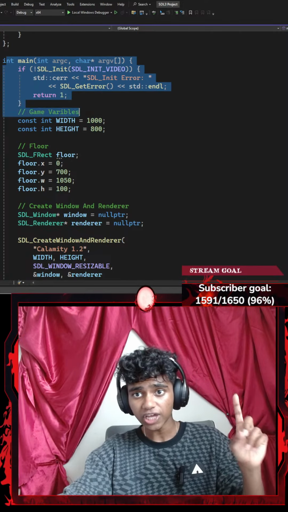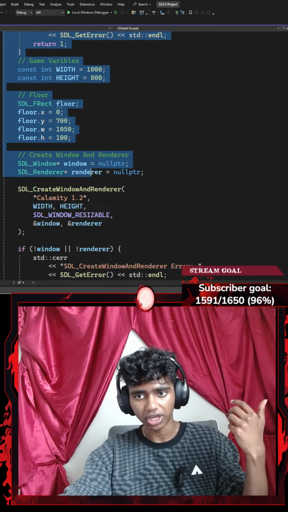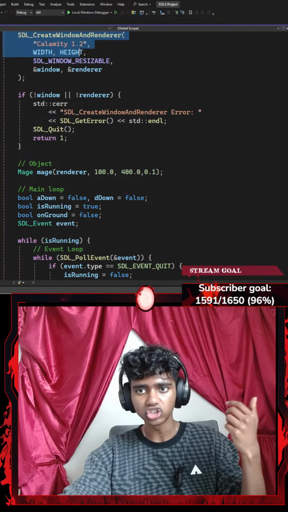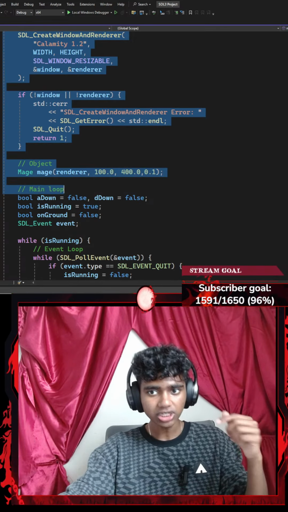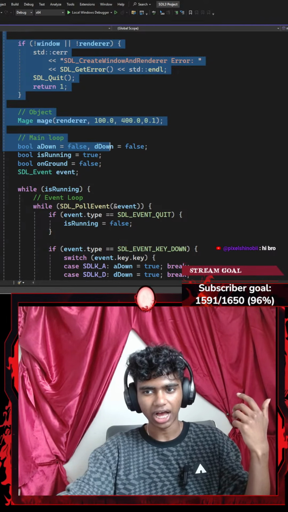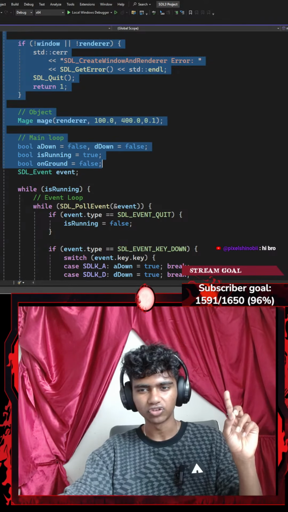variable, where I initialized my SDL, created game variables, created floor, created my window and renderer, and checked if my window and renderer were not created properly. I added my objects, and then for my main loop, I added a few buttons and a few booleans as